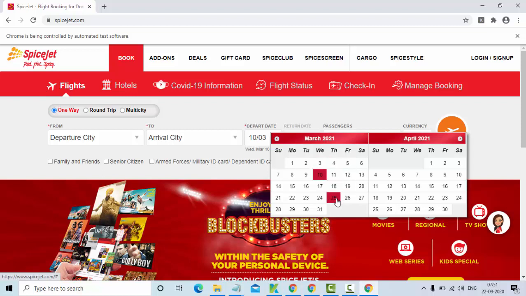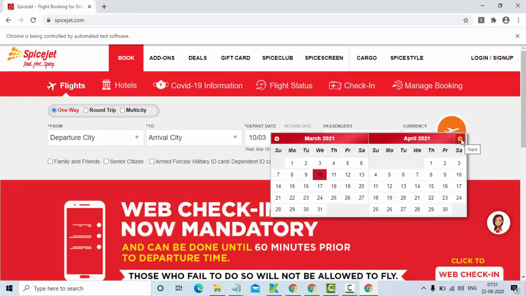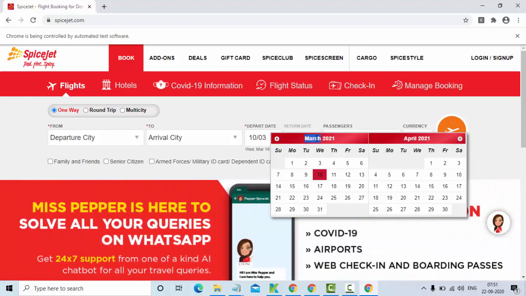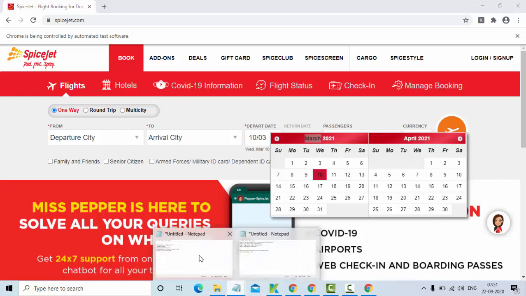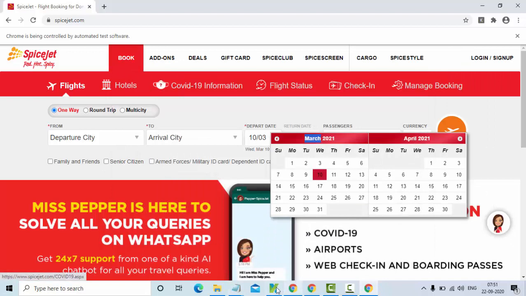So our goal in the beginning is to identify the objects. Later on we have clicked on this next button, right? Why? Because we want to make sure the expected month is equal to this month, right? So this looping condition also I am going to explain. So let me get started here.